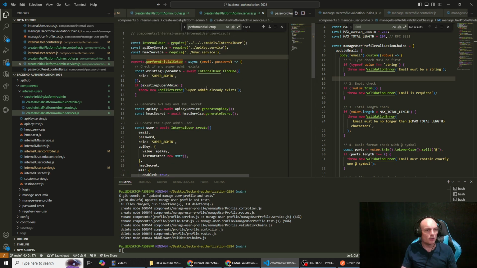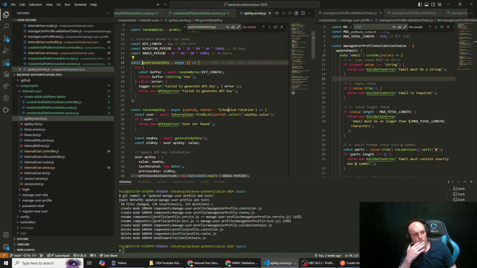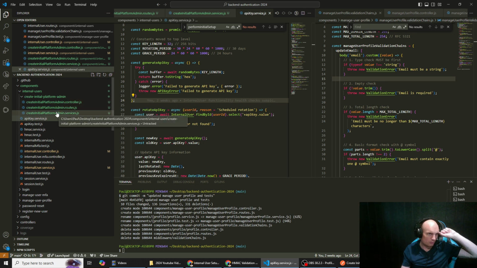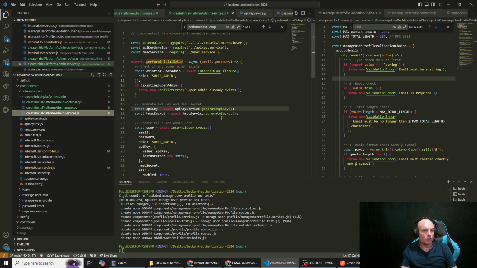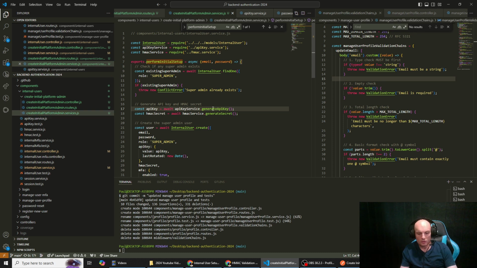So yeah, now we have this functionality, API key, generate API key. So, what we're gonna do, I know this is duplication of code. We're going to have a separate generate API key and generate secret for initial platform user. So if we go